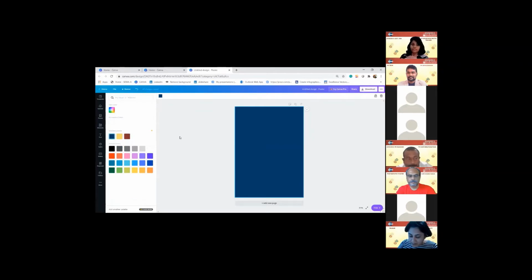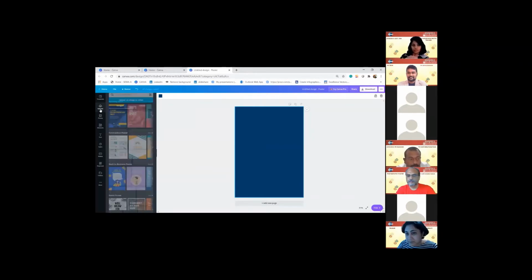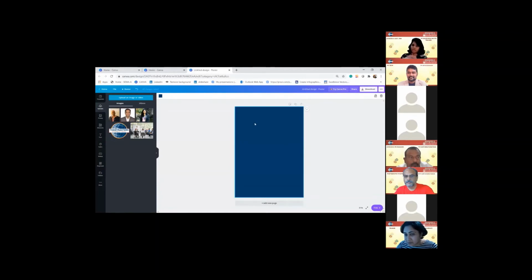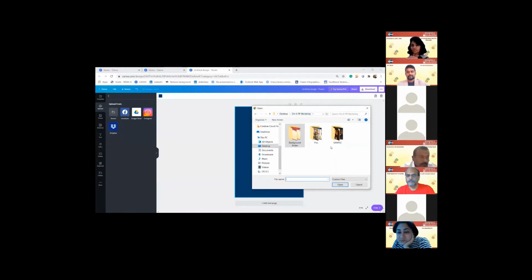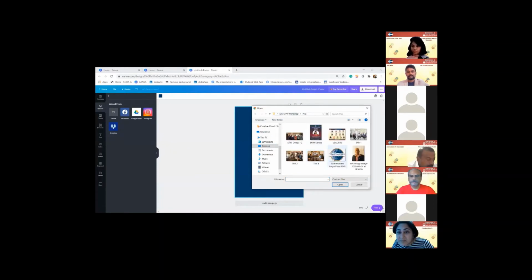Now we already have the color. What's the next feature we need? That's the logo. So how do we get the logo into Canva? It's very simple. We go to uploads. The uploads is on the left-hand side, second feature in your Canva. Once you go to uploads, you can upload image or videos. You click on the upload icon. It would take you to a feature where it is connected to Facebook, Instagram, Dropbox, and device. Device can be your laptop or your phone. You click on device and it would take you to wherever you have saved the image. So I'm going to pick up the TMI logo, which I've already saved, and bring it here.